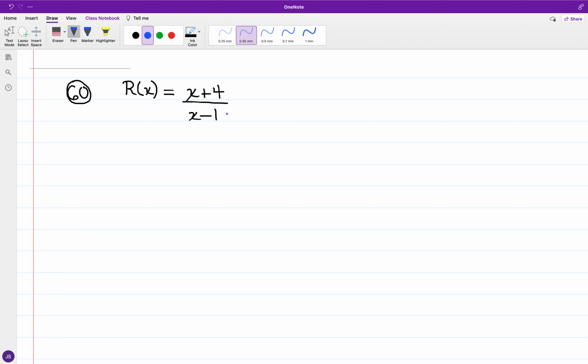Now for the numerator and denominator, both locations have an expression in x, and if I go ahead and take the zeros of both x plus 4 and x minus 1, we have x plus 4 equal to 0, so x is equal to negative 4. As for x minus 1, we have that x is equal to 1. And for the zeros of r of x,